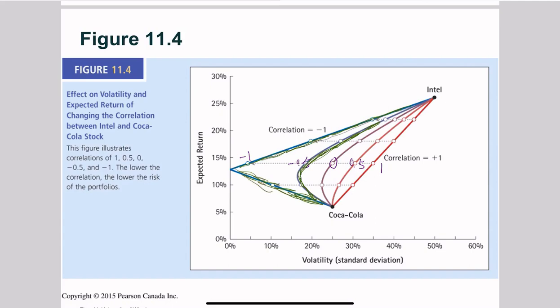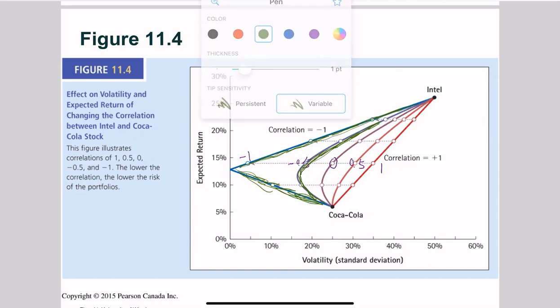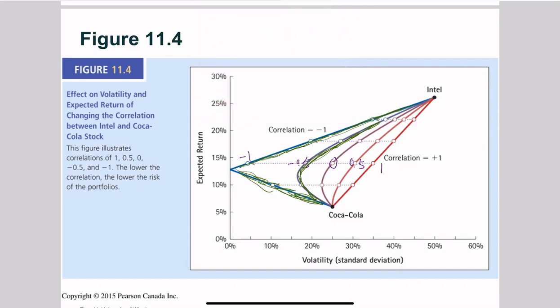If you compare these two curves, what you can see here is the curve with a correlation of -1 is better than the curve with the correlation of -0.5. The reason is because if you compare these two portfolios, you can see that the portfolio on this curve with -0.5 correlation has a lower return compared with the portfolio on this -1 curve, even though they have the same kind of